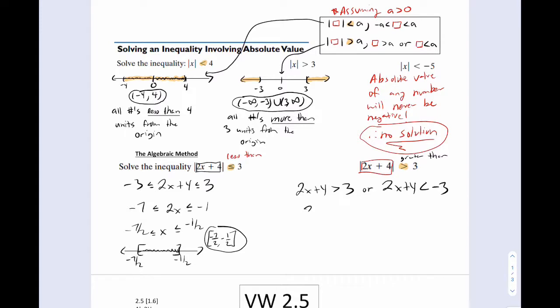So we solve it. 2x is greater than -1, x is greater than -1/2, or we solve this side,